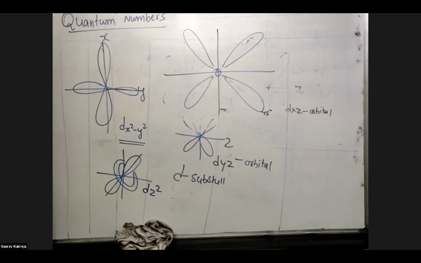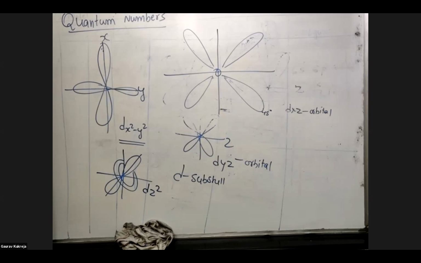Sir, in this tire shape structure, between the two lines there is a space, right? Which structure are you saying? dz square, the tire shape structure, in between the two lines there is a space, right? In the tire shape, because you have drawn 2 lines for the tire. Yes, that's a space, yes. That electron will revolve in a tire manner, like in a round tube manner. So in dz square, sir, that tube thingy is dz square, right? Yeah, effectively. Dumbbell plus that tube included, you have to say dz square.